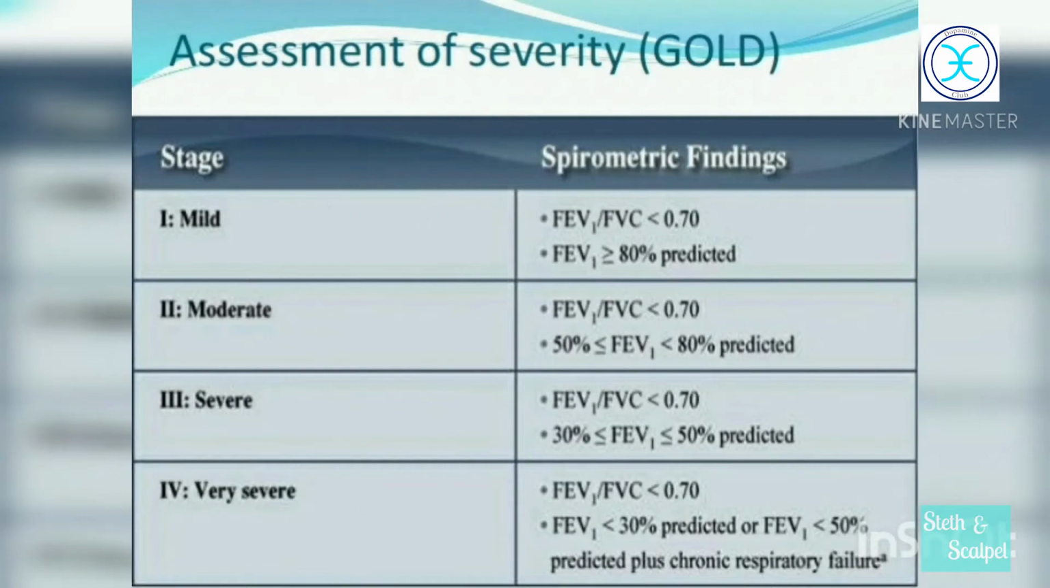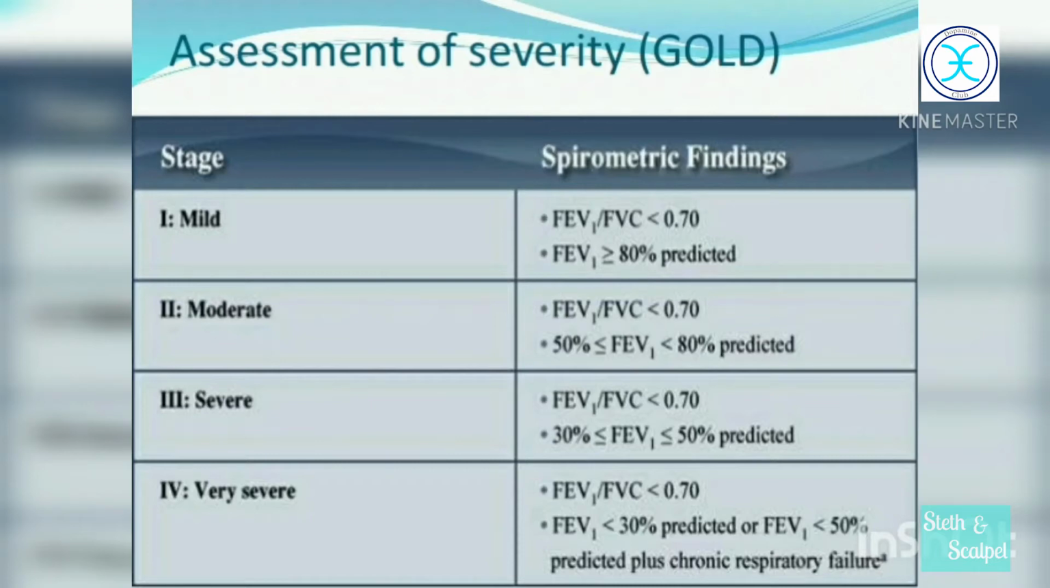So for diagnosis, you can do spirometry, and the results of the spirometry can be classified as mild, moderate, severe or very severe based on GOLD criteria. Apart from this, you can do a chest x-ray, and ABG will determine whether the patient needs oxygen therapy. In GOLD criteria, in the mild stage there is 80% or more of the predicted FEV1, in the moderate stage there is 50 to 80%, in the severe stage there is 30 to 50%, and in the very severe stage there is less than 30%